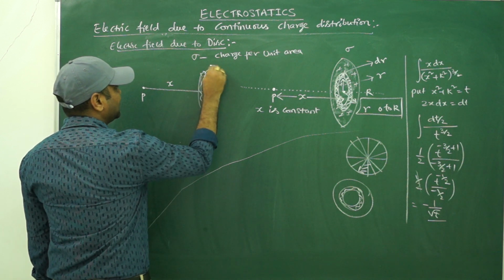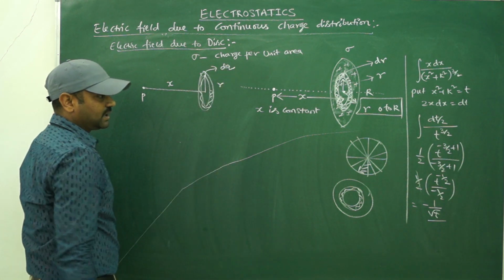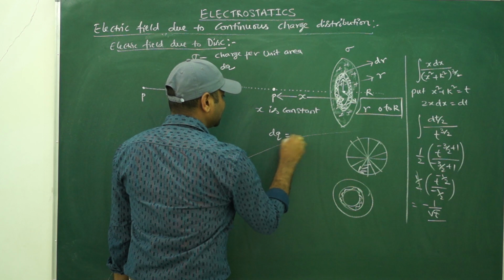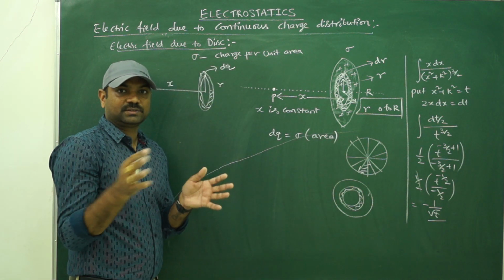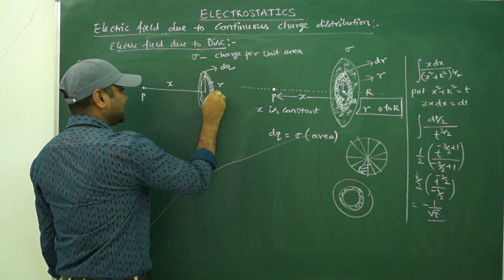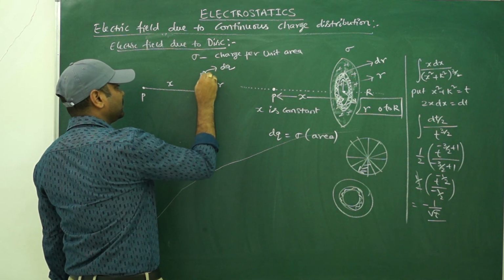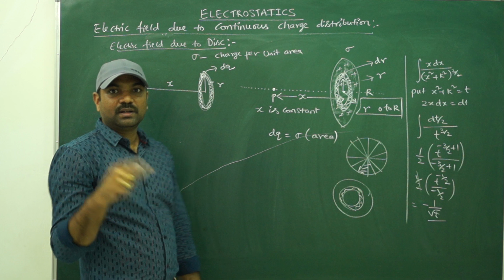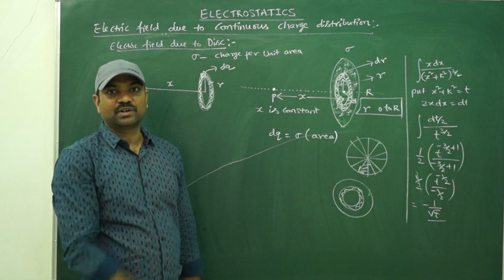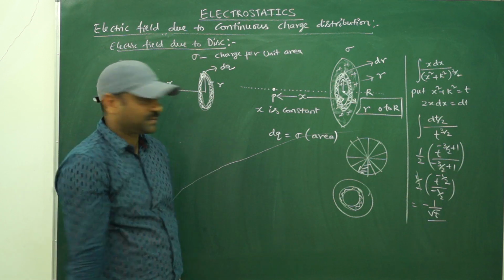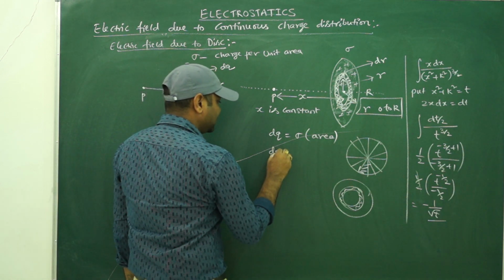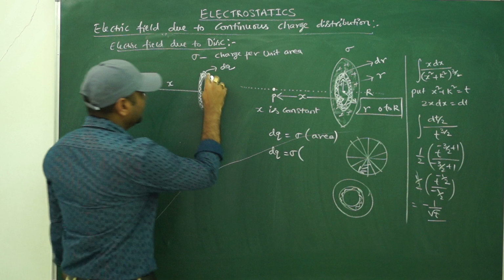Okay. So then what is the charge on the ring? Charge on the ring I can write down, dq is equal to sigma into area. Area in which charge is present, means this highlighted area should be found out. Not pi r square. In the entire pi r square area charge is not present. Only that strip. In that strip only charge is present. So that's why the charge on the ring is equal to sigma into area of the strip.